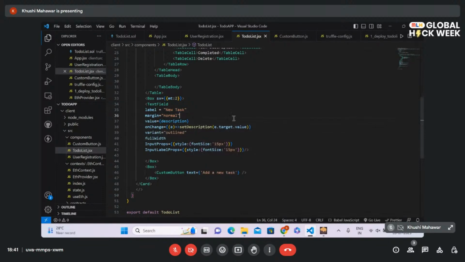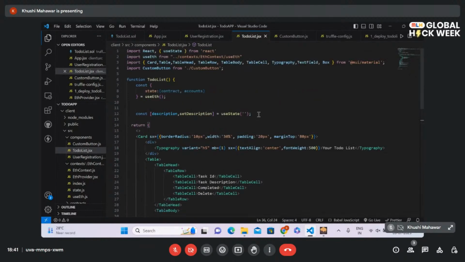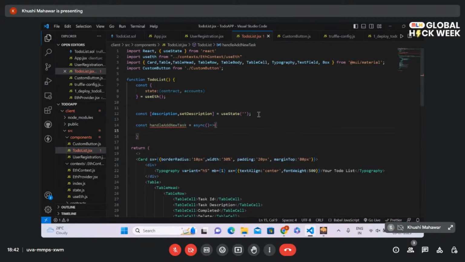Is that fine? So the next process should be to create a function to handle add new task. Fine. Okay, let me just quickly create an async function. And now that we know what all we have to do, we have to, first of all, let's go back